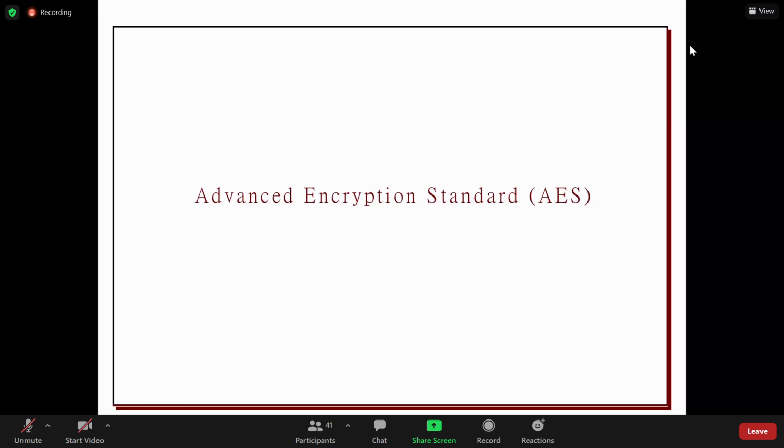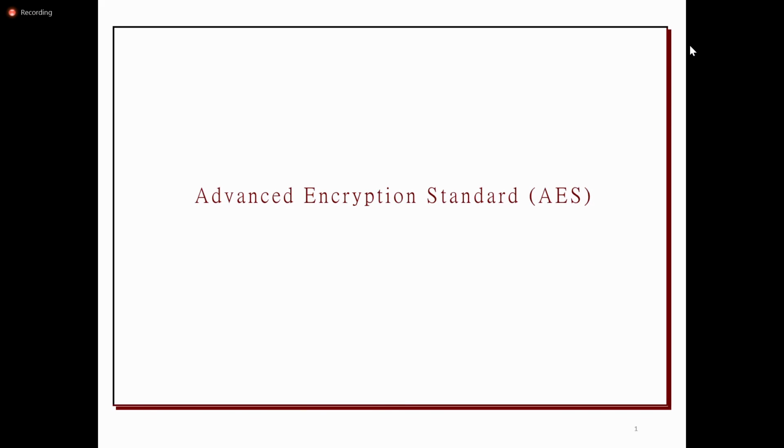The next technique is the Advanced Encryption Standard. It is an algorithm like the DES algorithm. It is also a block cipher technique. AES is a symmetric block cipher technique, so whatever key is used at the sender side, the same key will be used at the receiver side. But the security of AES is greater compared to the DES algorithm because of its complex structure.